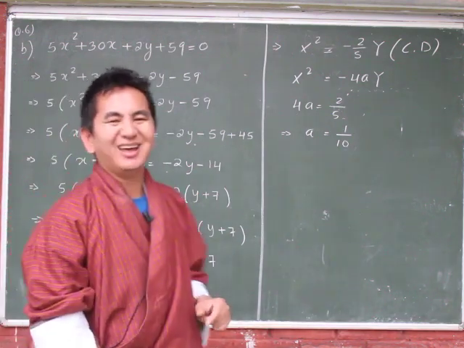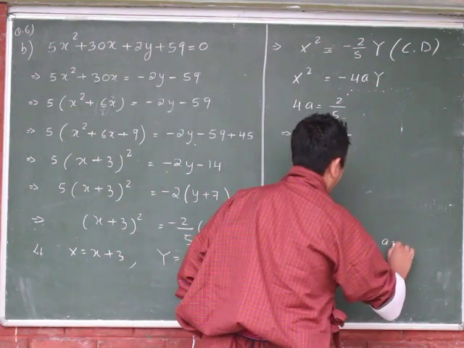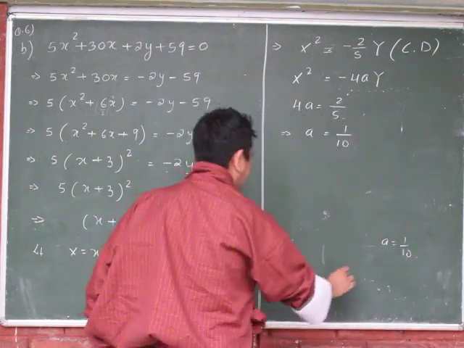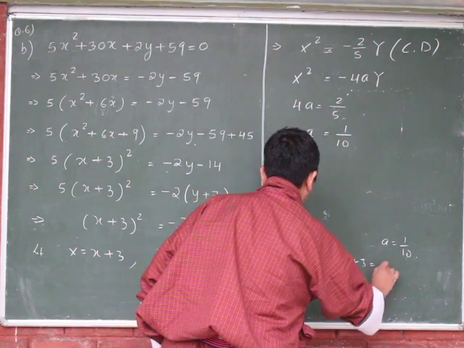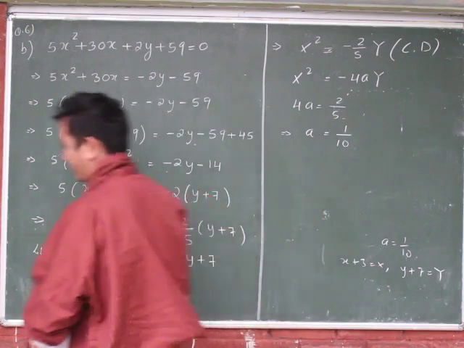Now we are going with new coordinates and old coordinates. So let me keep this a is equal to 1 by 10 there, and then I need this value x plus 3 is equal to capital X, and then y plus 7 is equal to capital Y. Okay, let me draw now